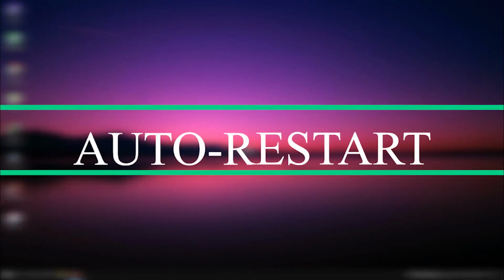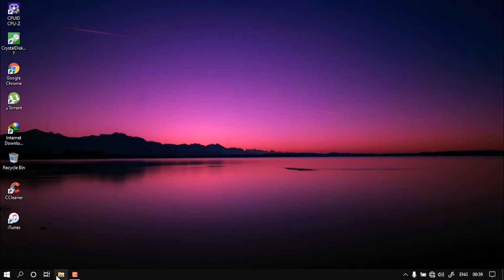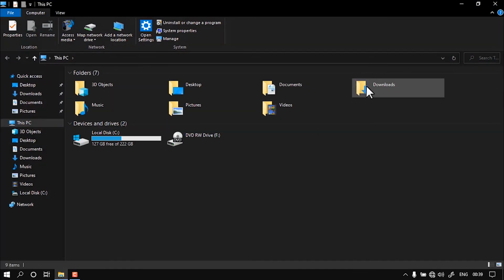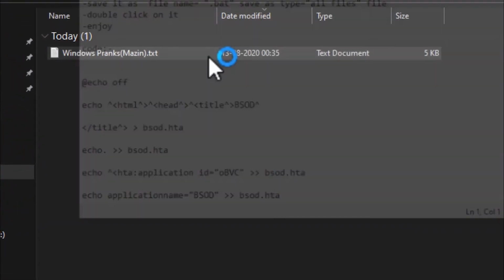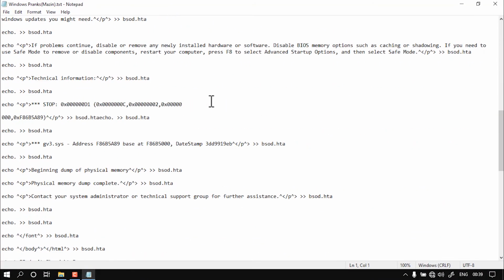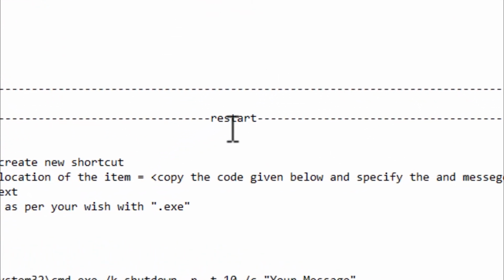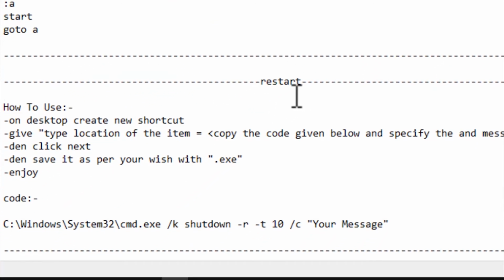Now the next one is auto restart, and for this we should save the code as a shortcut. So again, open up the text file and then go to the last section, where it says restart.